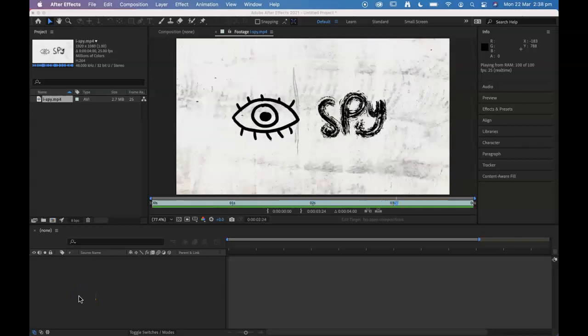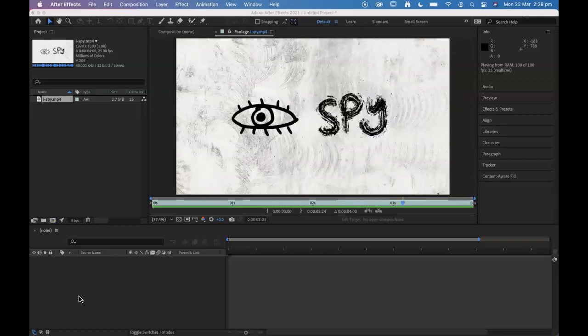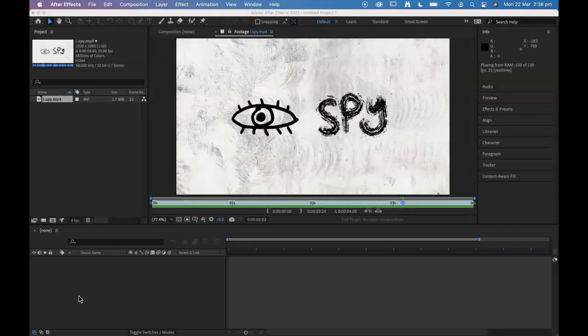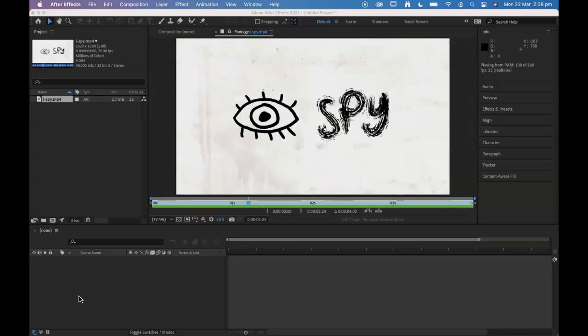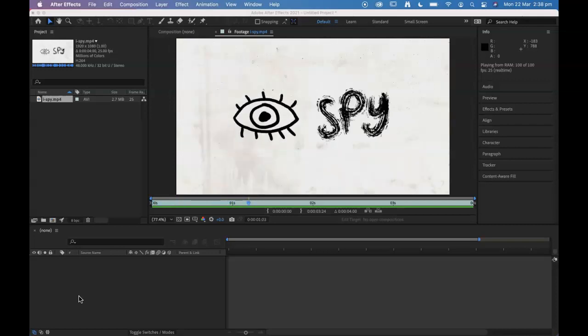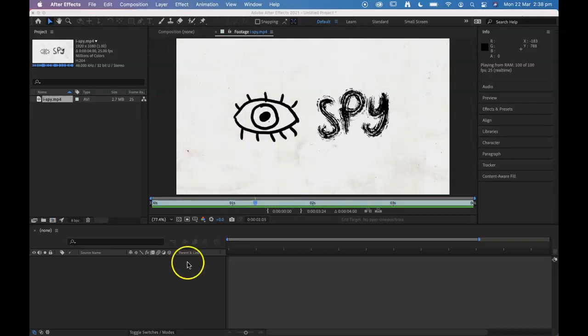In this series, I'm looking at incorporating image sequences into our motion graphics projects. Now, there's a bunch of different ways that you could do that, and in this video, I'm looking at importing images as an image sequence. Let me go ahead and do that. You can see here